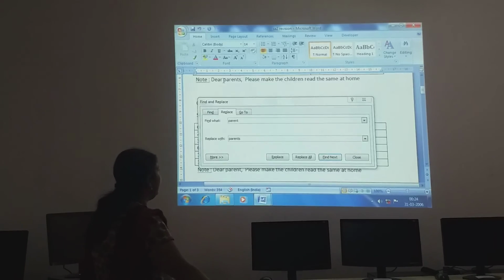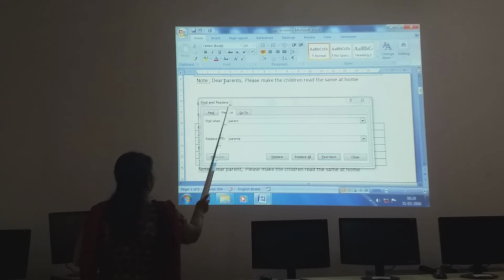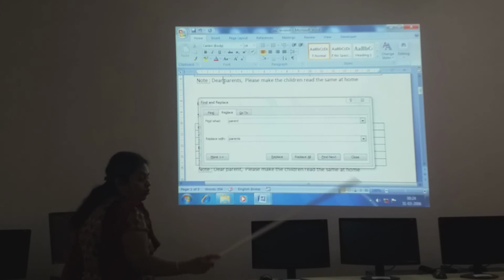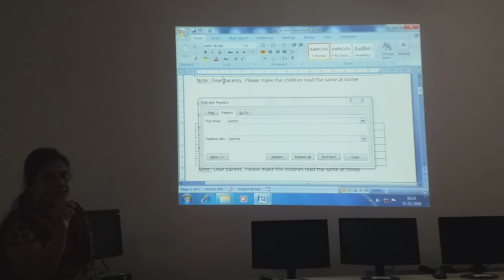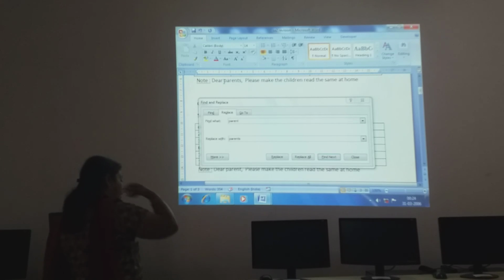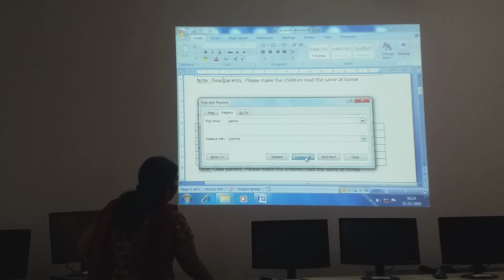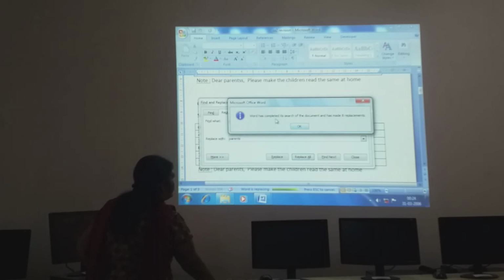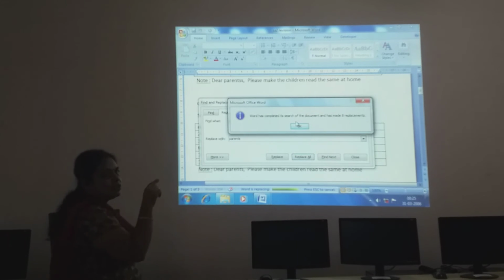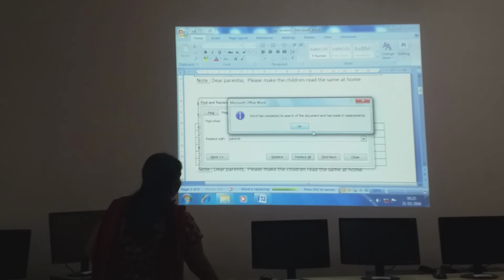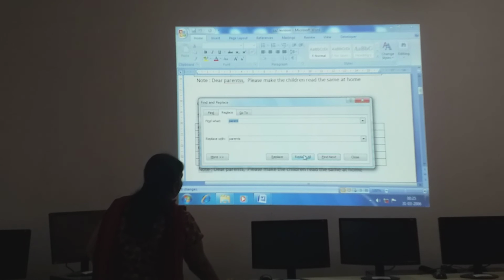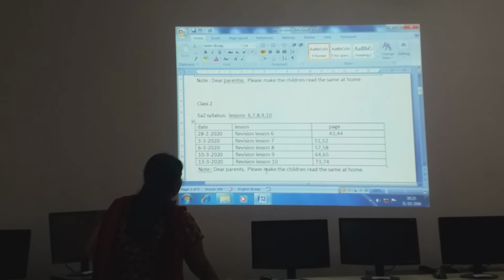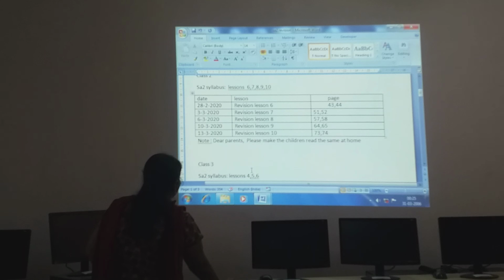Now I want to replace all the words parent with parents, so I click here Replace All. It tells that 8 were there, so it has changed the 8 places to parents. One more S has been added over there.